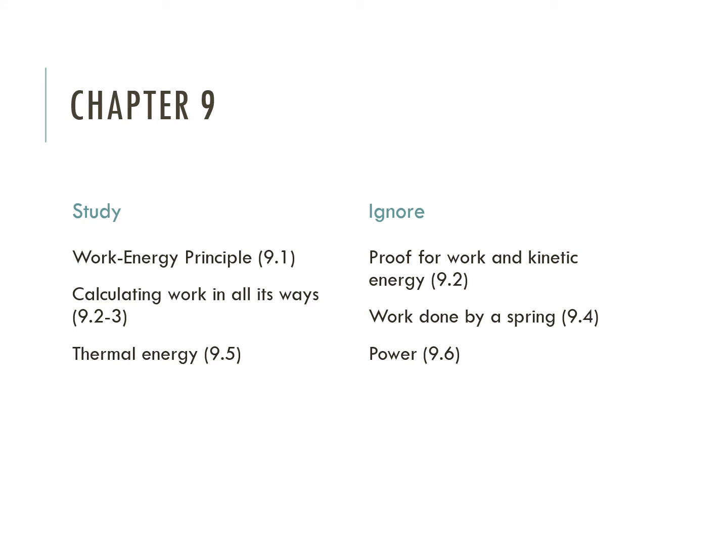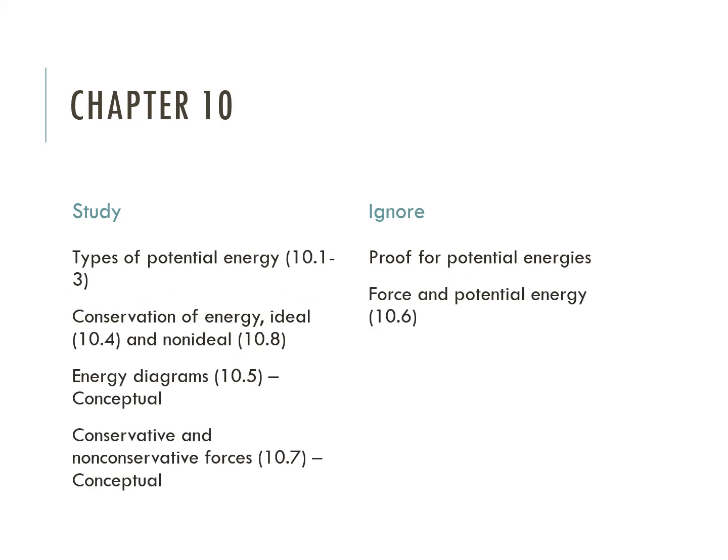Chapter 10 was our conservation of energy chapter. So you should know the different types of potential energies and when you need to use them. Know how to choose a smart y equal to 0. For the conservation of energy, be able to do it for both the ideal and non-ideal cases. In the conceptual portion of the exam, you might have an energy diagram, and you might have a question about